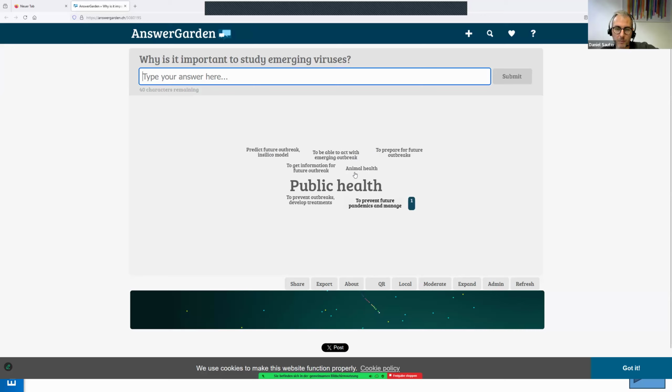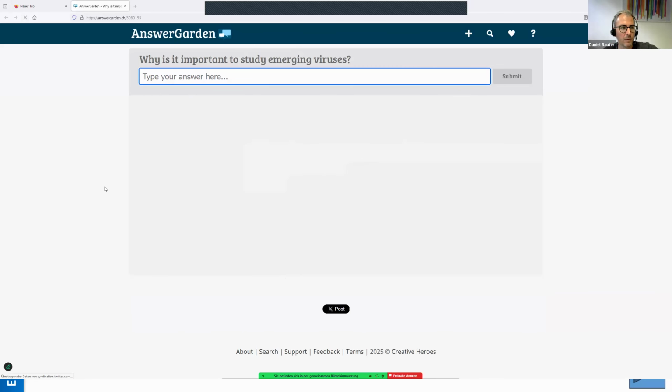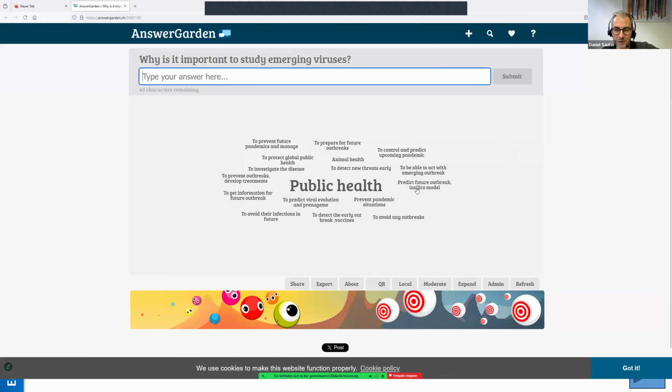Yes, so all of them are very similar. So someone put animal health here. That's also an important point because essentially it's both. It's of course human health that we focus on, but it's also animal health, and both are actually very closely connected to each other. Let me just refresh to see. Oh, yeah, that's very good. In silico models is very nice. So we will also have a look at a few in silico tools later on. So we can use them to predict and model outbreaks.